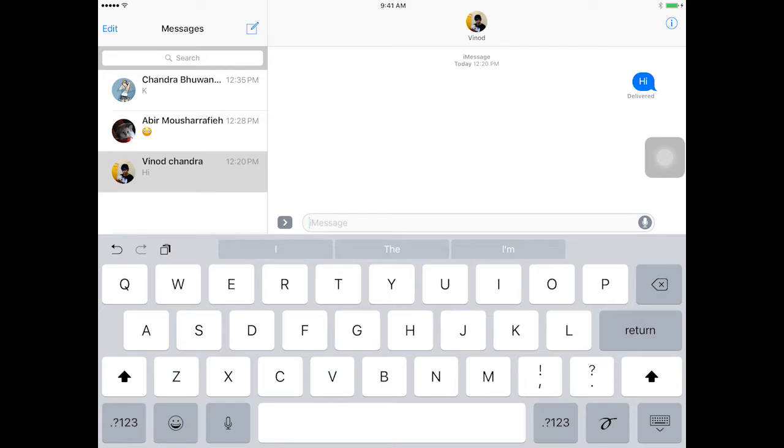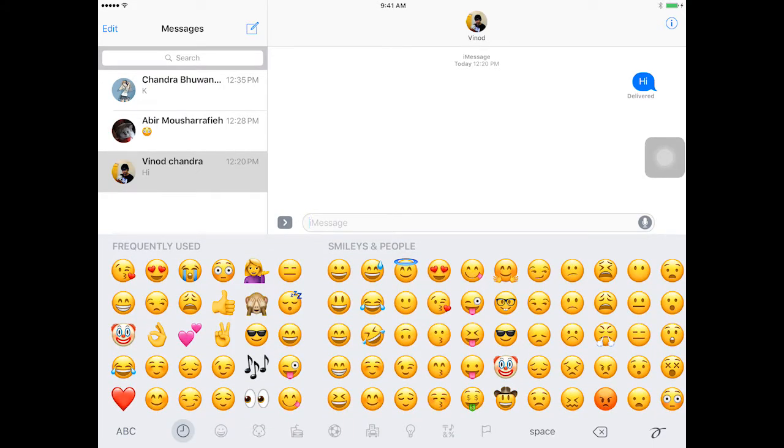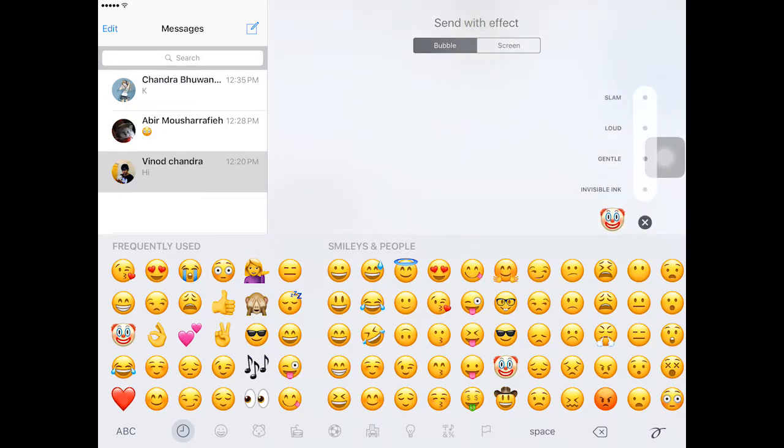Now, as part of the new iOS 10, users can use some cool and nice tricks with emojis. If you want to send some emojis across with some animation, hold down the blue arrow key for a little longer and you'll get these options: send with gentle, send with loud, send with slam. These are features you can enable as part of the message